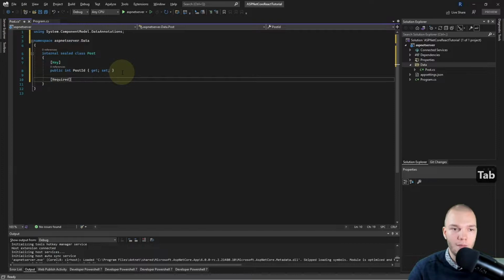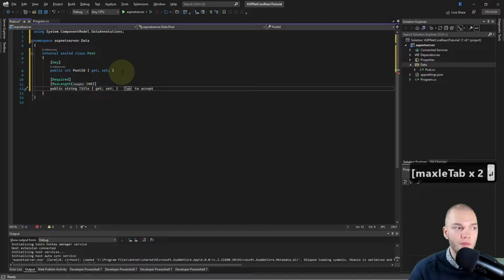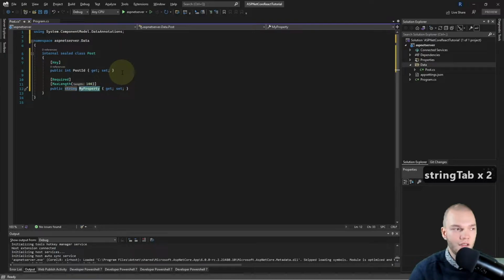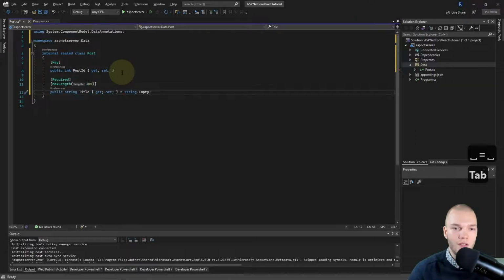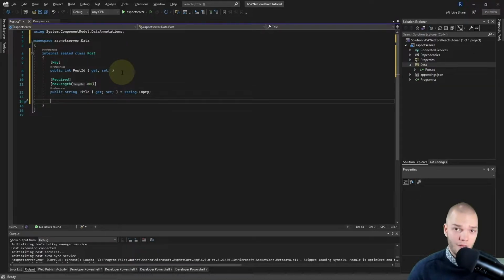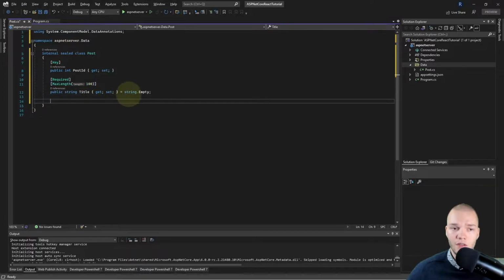Right, and for the next one I'll make it required, and I'll give it a max length of 100, and I'll just do a prop again, public string, and I'll name it title, and I'll initialize it to string.empty. And by the way, ASP.NET data annotations, I find them a developer friendly way to add some metadata about your properties, and Entity Framework will look at these. And if you're doing something with Blazor, Blazor can also look at these and enforce the rules they dictate.